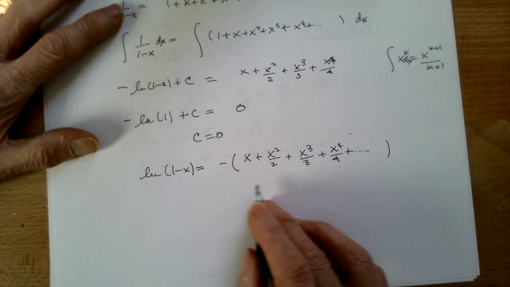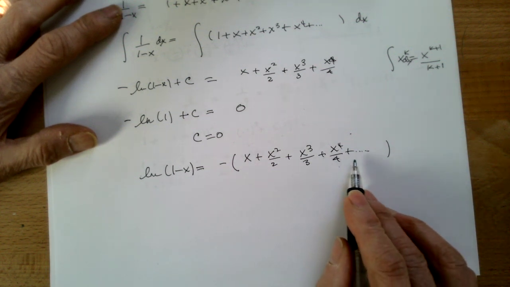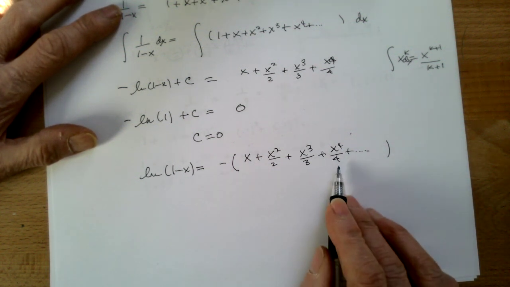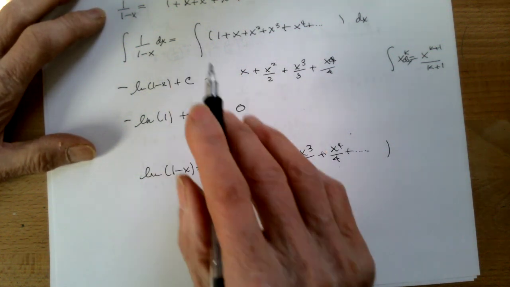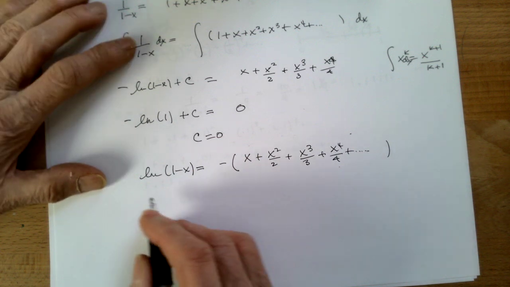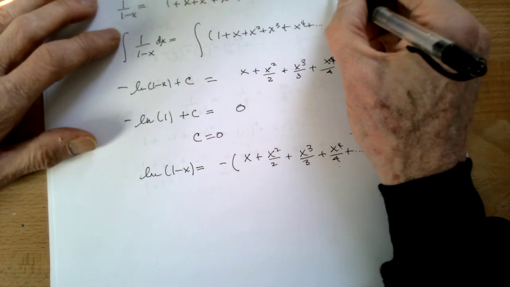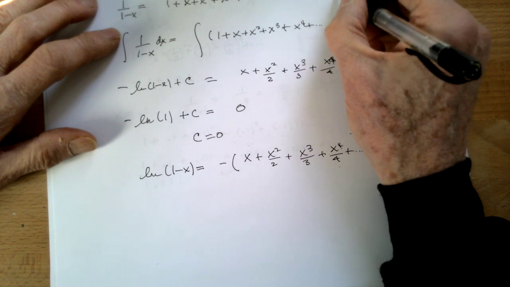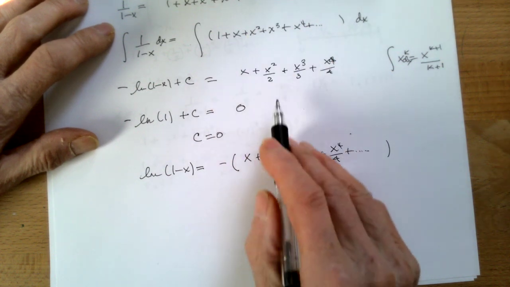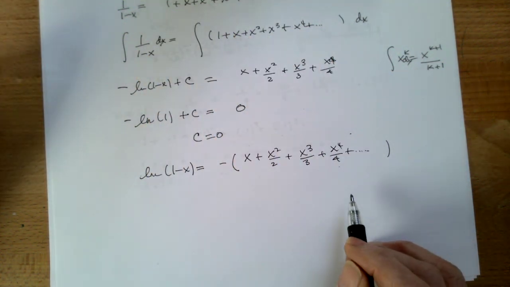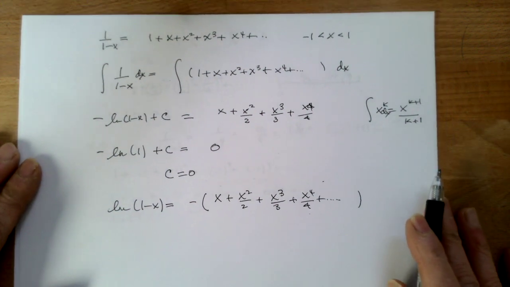And this allows me, for example, to use this polynomial on the right to evaluate various values for natural log of 1 minus x. You have to be careful here. Don't forget, going back to the original expression, the original sum is only good for minus 1 less than x less than 1, because once x hits 1, this is infinite, or at minus 1, you get 1 minus 1 plus 1 minus 1. That doesn't make any sense. So anyway,